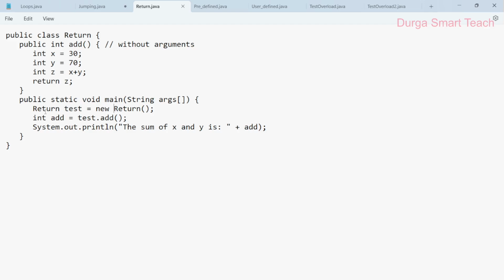Return test is equal to new return. Return is a class name, so we are creating the test object for return. By using test you can access the variables and methods inside the class. So here test is the object, return is the class, and for this class we are creating one object. Next, int add is one variable. Next,